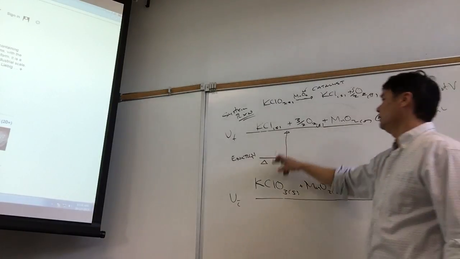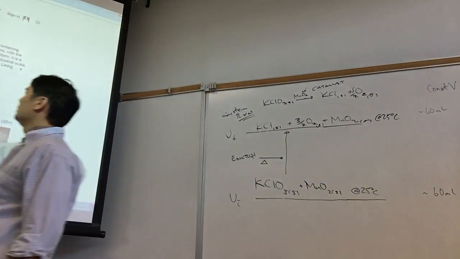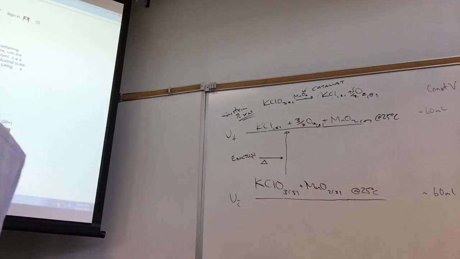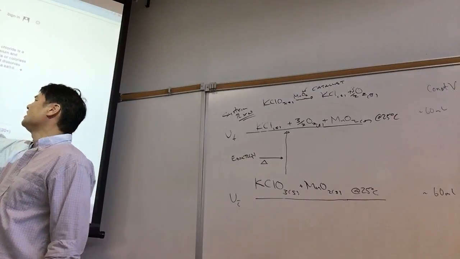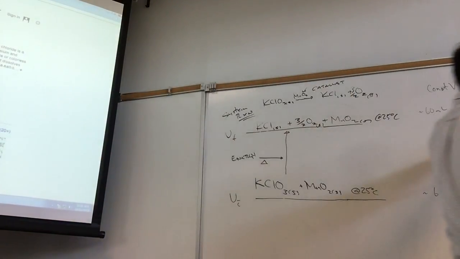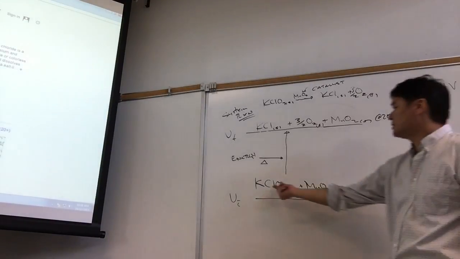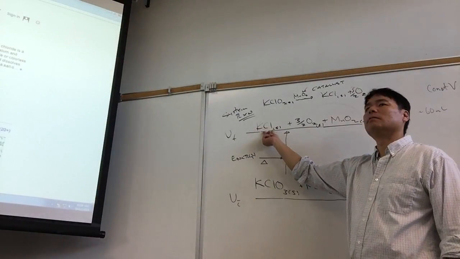Now KCl, the volume of the solid doesn't change much because KCl has roughly the same density. The density of potassium chlorate is 2.34. What was the density of KCl? Let's take a look. The density of KCl is 1.98. So the volume did change, but not by much. Rather than about 60, it's a little less than 60 now, but still about 60, because both of them have a density of roughly 2 grams per cubic centimeter. So we go from 60 mils here to about 60 mils here, but there was a big change.